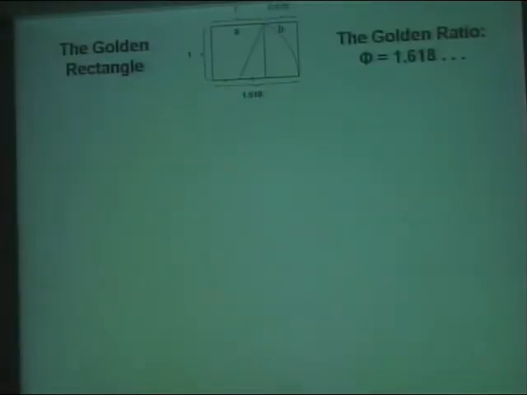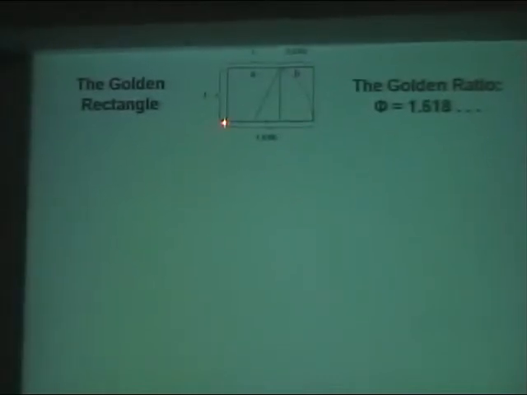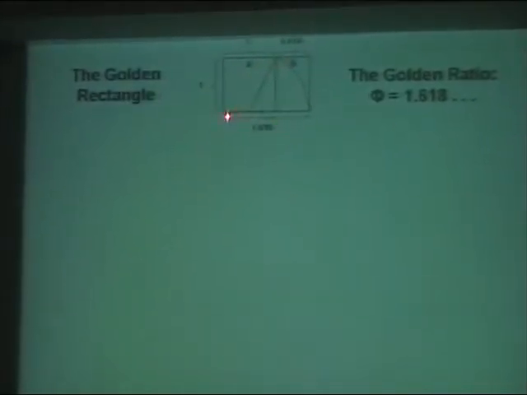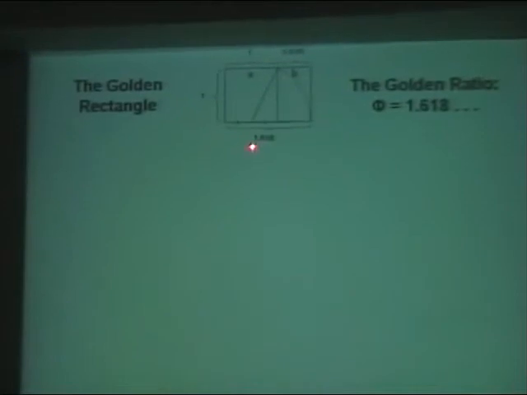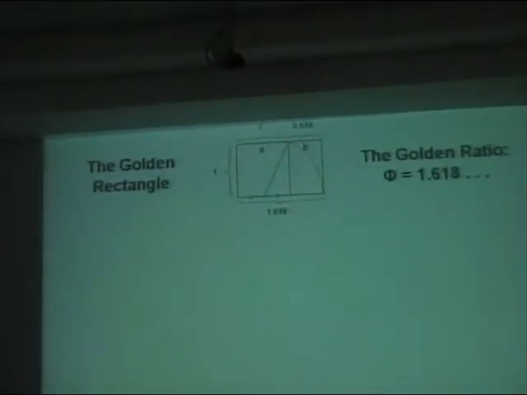Now, using that golden ratio, one can construct something called a golden rectangle. And a golden rectangle is like this. It is a rectangle whose height, let us say, is 1, and then to that one adds, and this part of the base is the same as the height, right? If we have a square there, and this part of the base is 0.618, and so the whole length of the base of the rectangle is 1.618, etc., on and on and on.